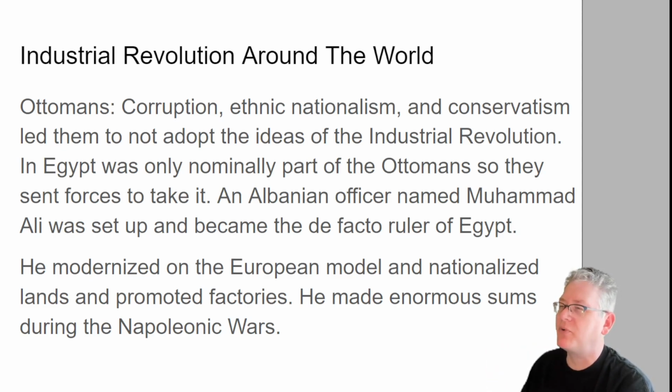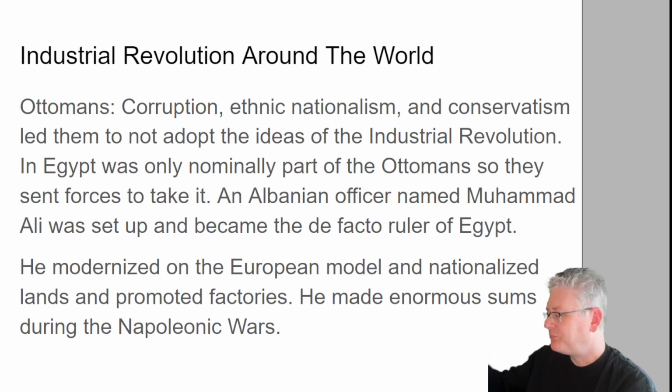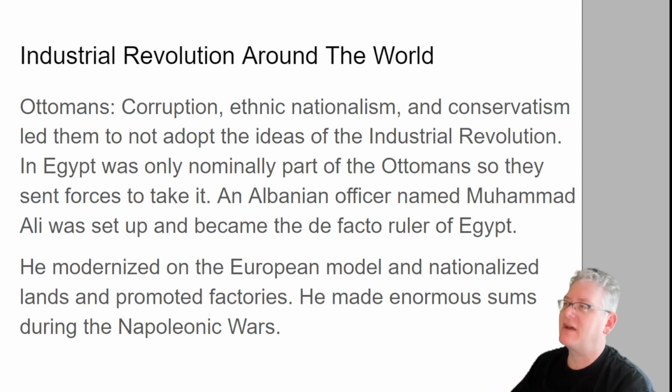And the way that we see people react to this, like how they deal with it, is going to be a big indicator in how they're going to do in the near future. So, for example, we have the Ottomans, all right? So the Ottomans proper, meaning Turkey, Istanbul, all that kind of stuff, they are going to have a problem with corruption. They have issues with ethnic nationalism, which prevents them from capitalizing upon some of the resources. And they have some inherent conservatism from these Islamic scholars, the ulama, which will lead them to not adopt the ideas of the Industrial Revolution in any sort of major way whatsoever.